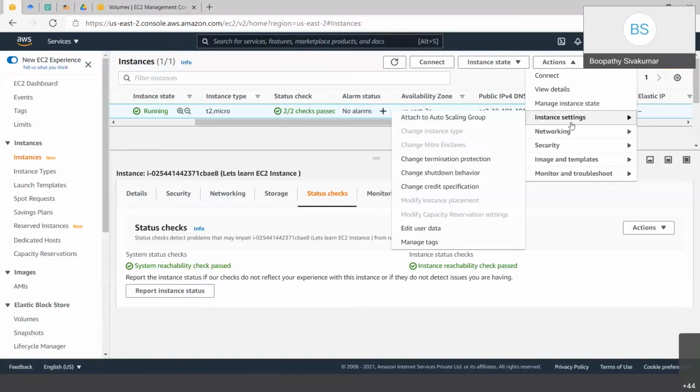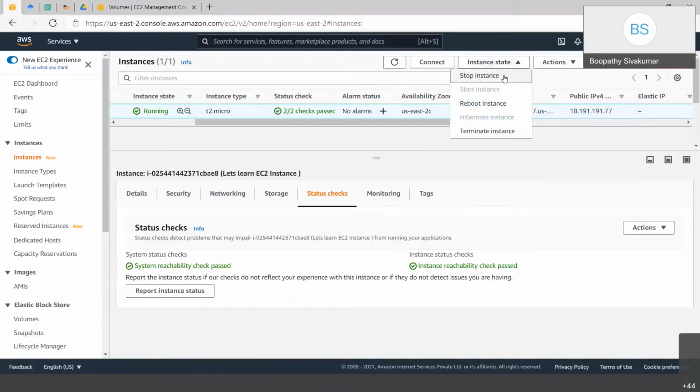And Instance state. Can you click on Instance state? Yeah. So you can start, reboot, and terminate the instance. Once the instance is stopped, you can start it. Reboot is like a soft reboot, like whatever we do on a restart. One thing you need to make sure of while you stop and start the instance: when you give a stop, the public IP address that got assigned will change. So can you click on the details in the instance section below?